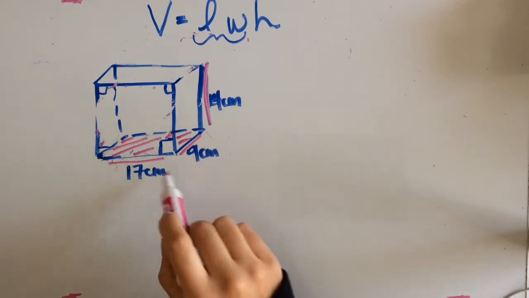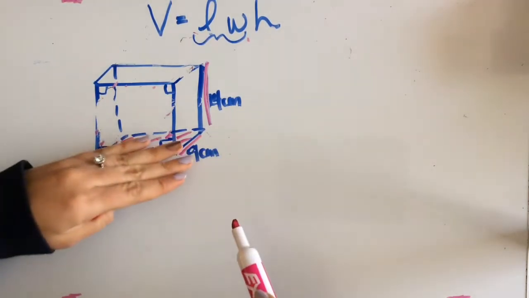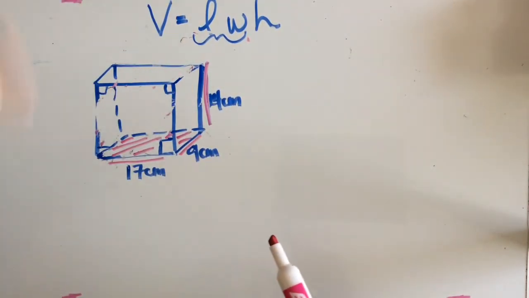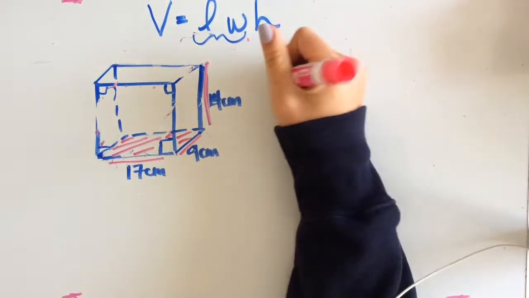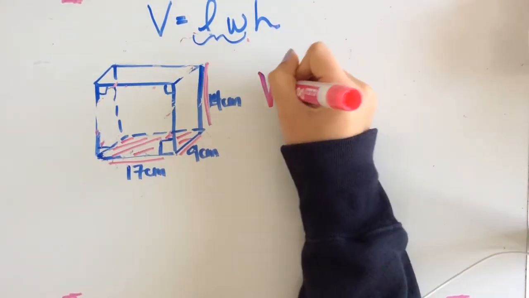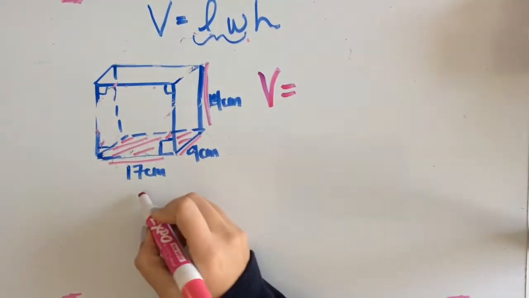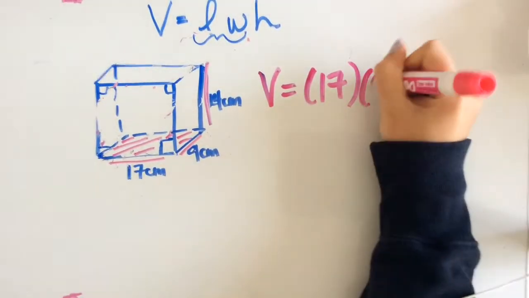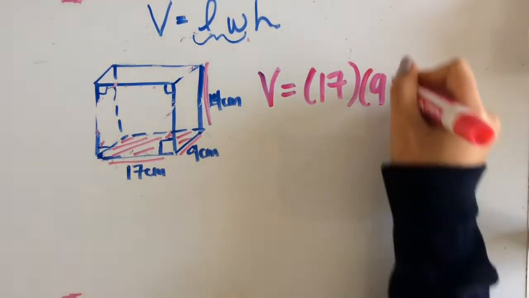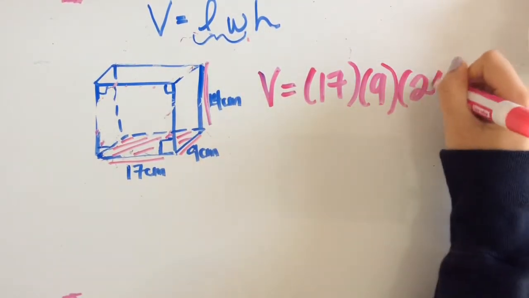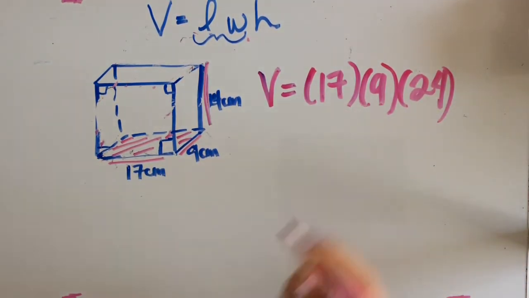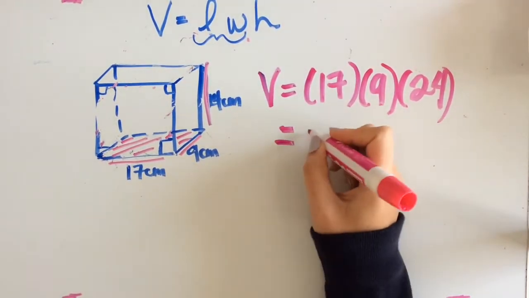So we're not only going to multiply the length times the width, we're going to say how high is that length times width stacked up? So our volume is super easy. The volume equals the length, which is 17, times the width, which is 9, times the height, which is 24. And we literally just have to multiply that all together, and that equals